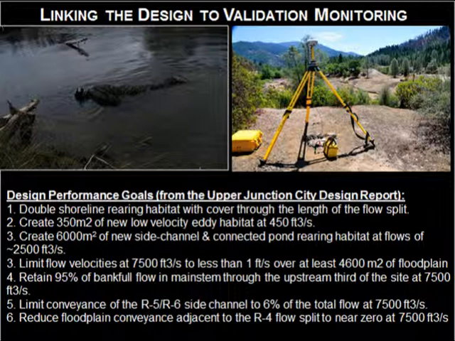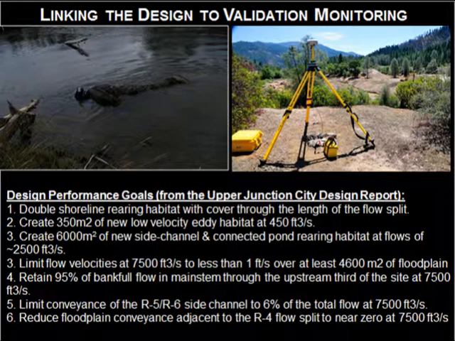And so this is basically, again, linking that design to validation monitoring. What we've been challenged with is taking our design goals and objectives and making them more specific. First of all, instead of just saying create more juvenile rearing, how much more juvenile rearing, and at what velocity or flow rates, etc. And then linking it back to whether we can go there on site and monitor for those specific design criteria, because that's probably the question I get asked the most, when I was at the Bureau and even today: are these projects working?